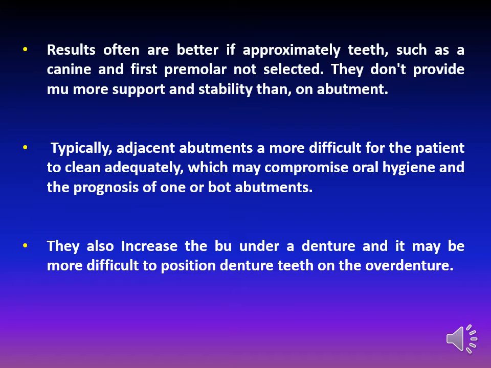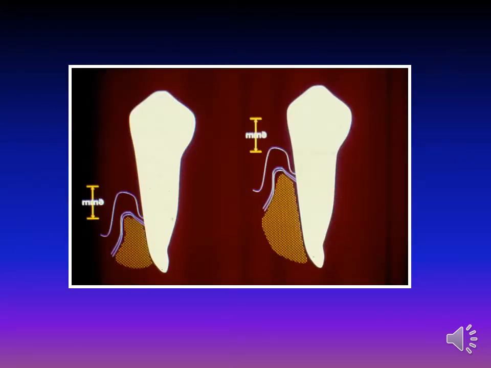They also increase the movement of the denture and make it more difficult to position denture teeth on the overdenture. This is the bony support for the root. When the bone equals two-thirds of the root, it is better for using as an abutment for